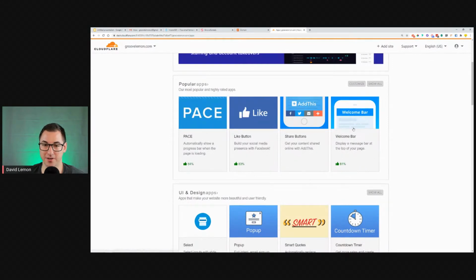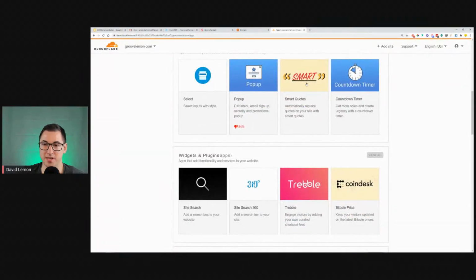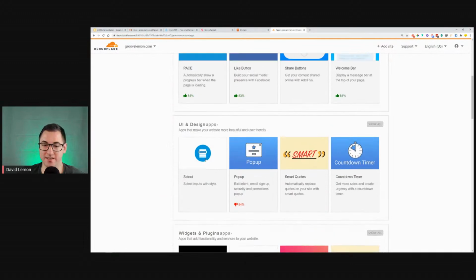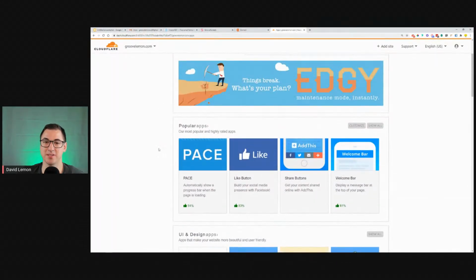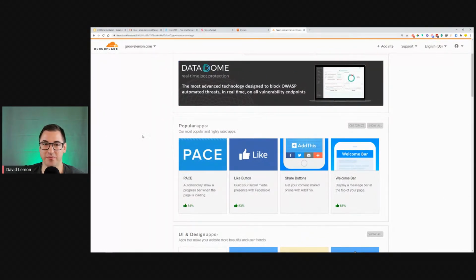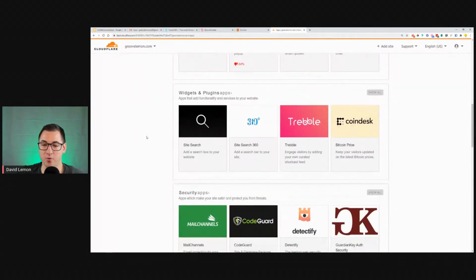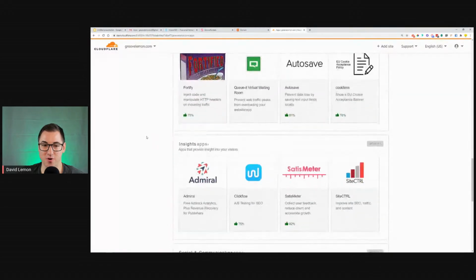So popular apps, then you can see you can add a like button, you can add share buttons and things like this. And then you go and see different things. In case it is downvoted like this one, don't use it. If you can test it out, you can see what you can do with these. However, the one I found over here was